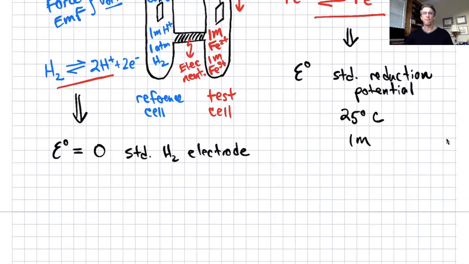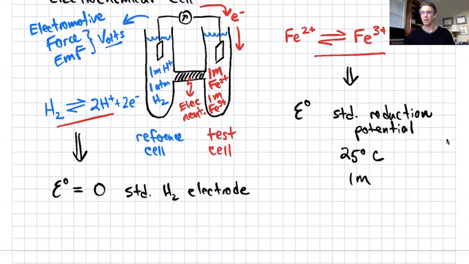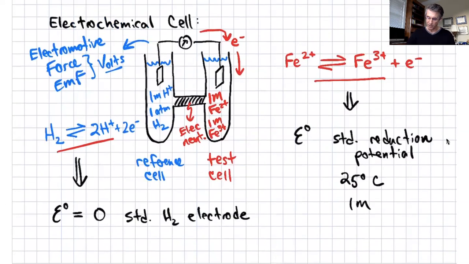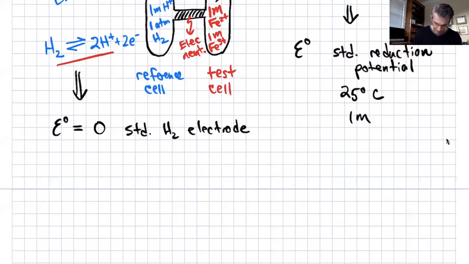is set to 0, and then we want to know the standard reduction potential of, say, other reactions like this iron 2, iron 3 couple. We put them in an electrochemical cell and we measure that electromotive force. That tells us something about whether, relative to the standard electrode, those reactions are oxidizing or reducing, right? Because for any reaction,